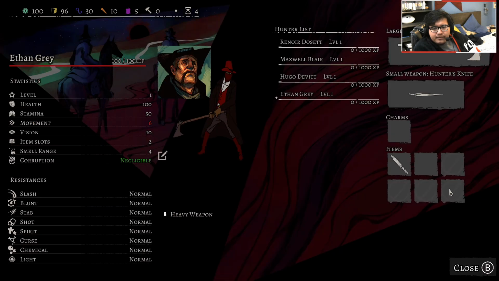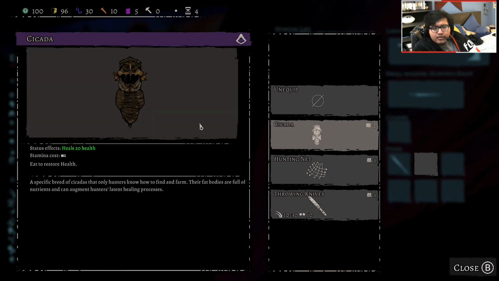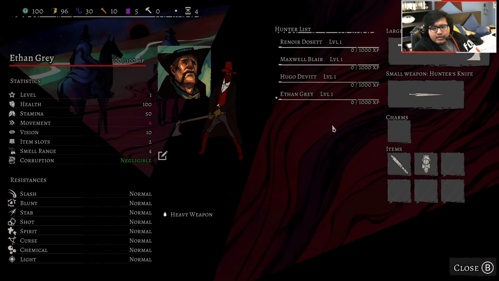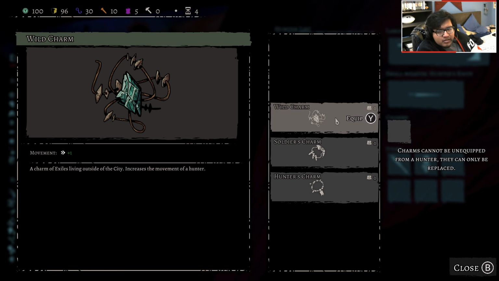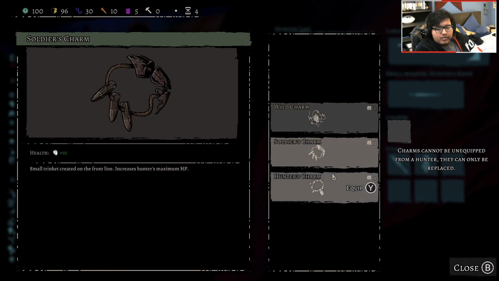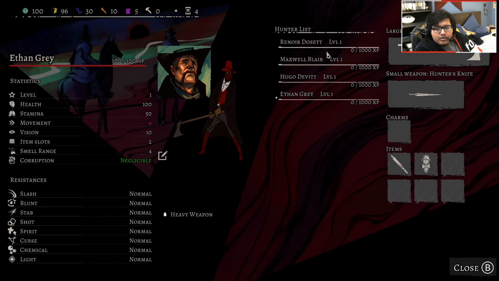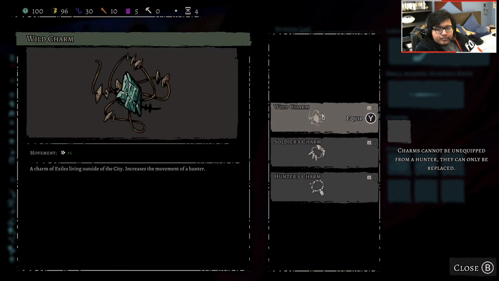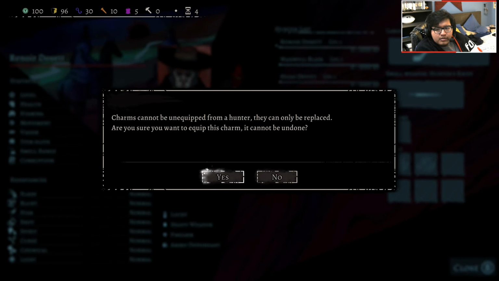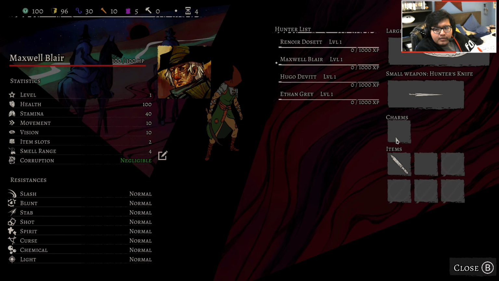Let me add you. Oh! Okay, so I press A, it comes up. Okay. I didn't know that. I'm afraid, it says press Y to equip. I'm just a dumbass. Okay, health. Small range. Okay. Okay, wild charm. I guess I could use you. Yes. And then Maxwell Blair. You will be...